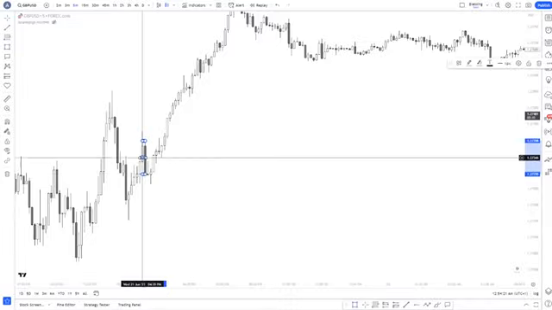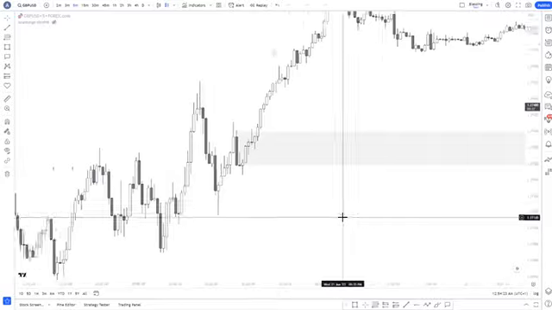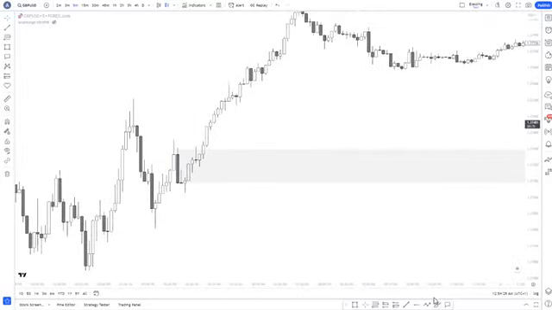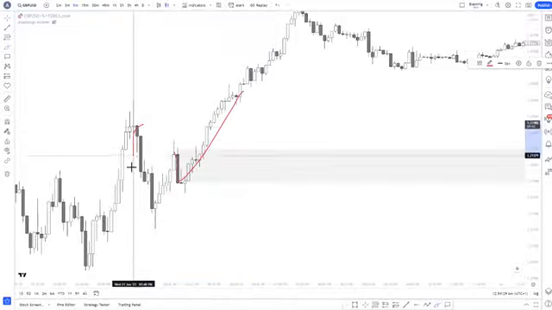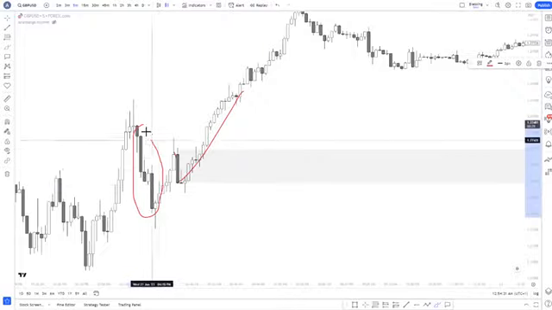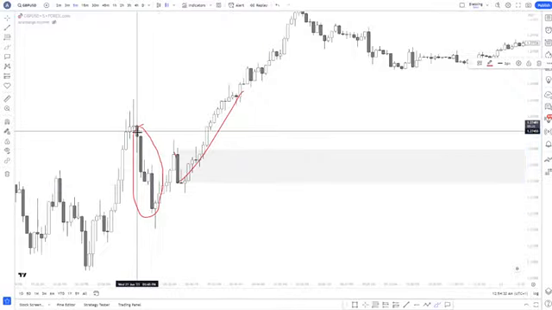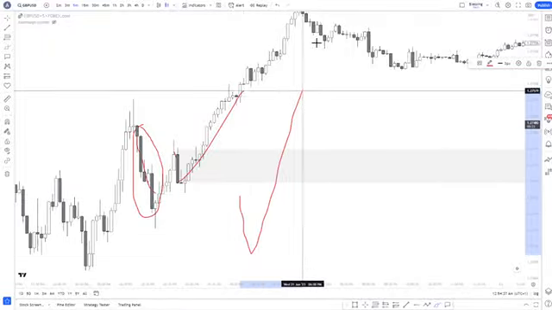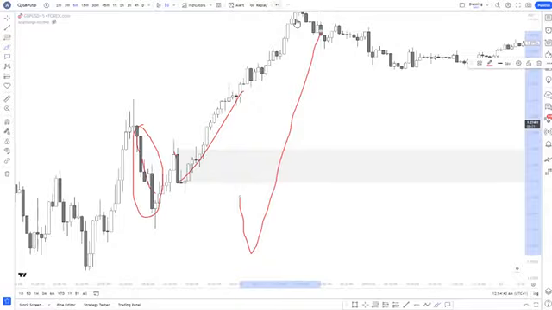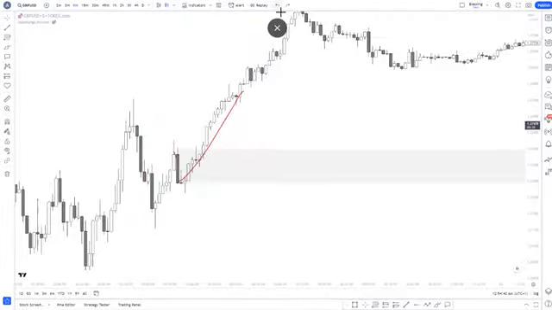This candlestick you are seeing here, you might wonder how this is an order block. This is the last sell before the buy. This is what ICT called order block: the last bearish leg before the bullish move. That is order block.